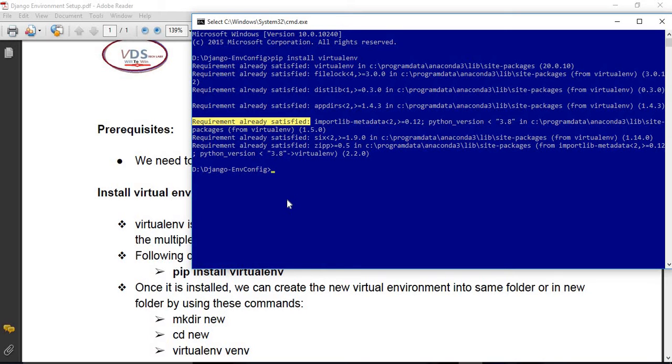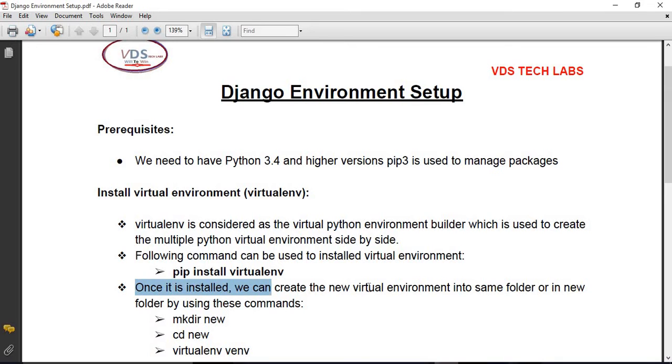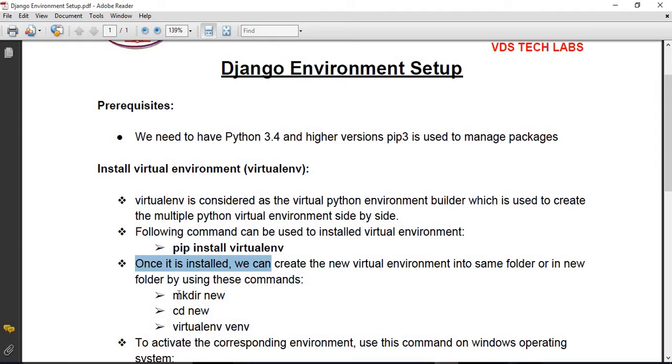Once it is installed, we can create the new virtual environment in the same folder or a new folder by using these commands. I'll install in the same folder; if you want, you can make another folder.